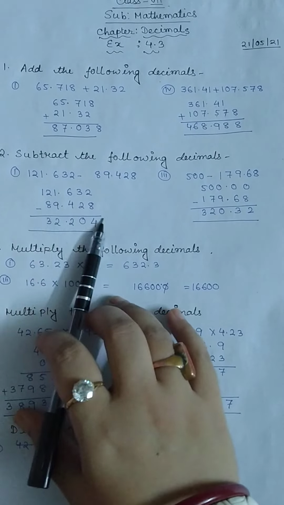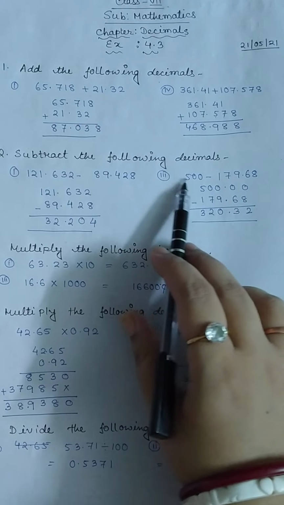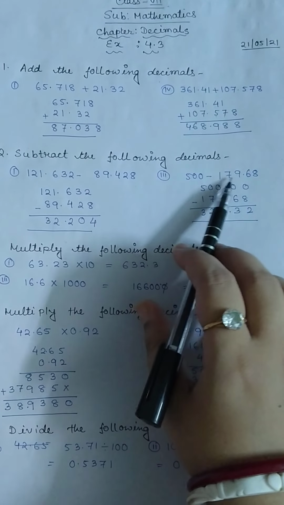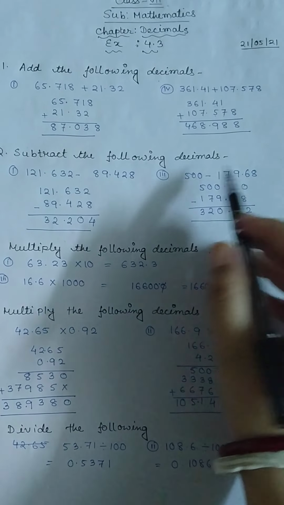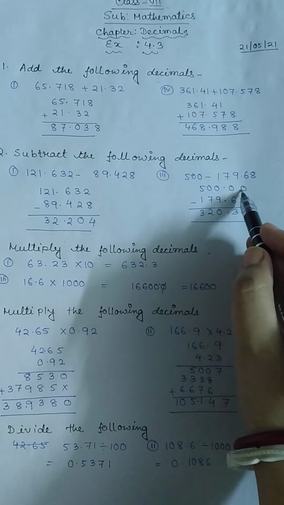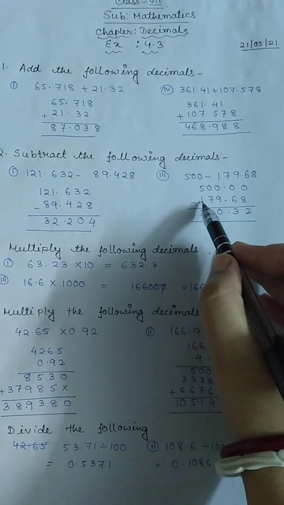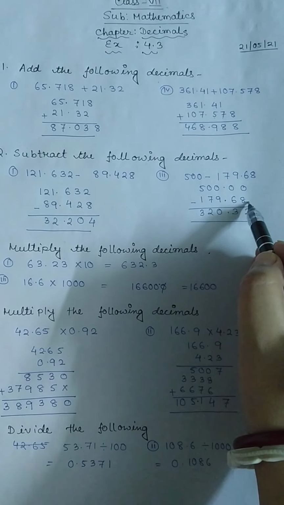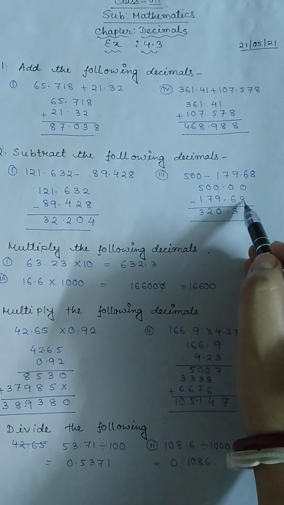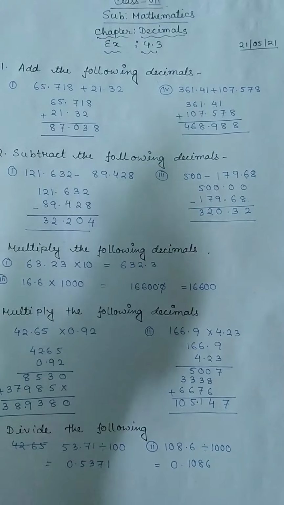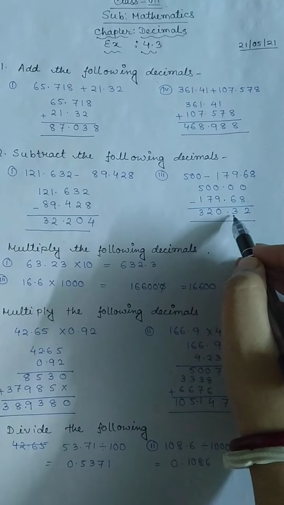Subtraction, normal subtraction, you just have to put the digits according to the place value. Now this is 500 minus 179.68. See, as 500 has nothing after the decimal point, put 0 0 here. As there is nothing, put 0 0. It will be easier for you to solve it. Now take 179.68 according to their place value. This is in the 10th position and this is in the hundredths position, so take it accordingly. Now as these are 0, how do we take it? Take it as that. So here the answer will be 320.32.